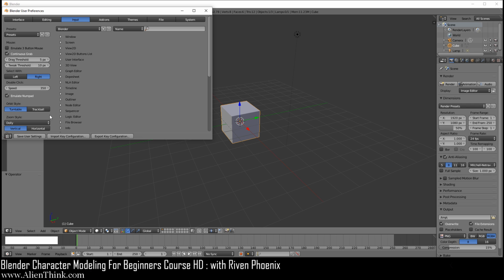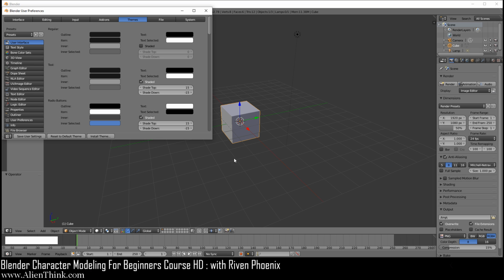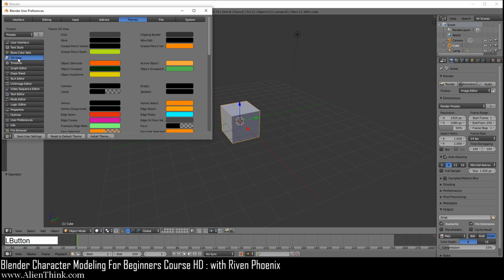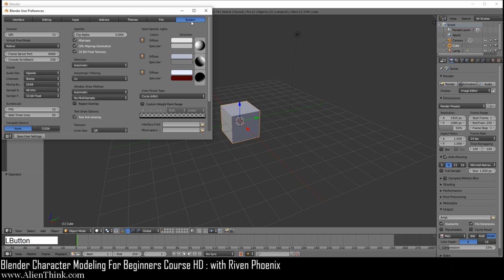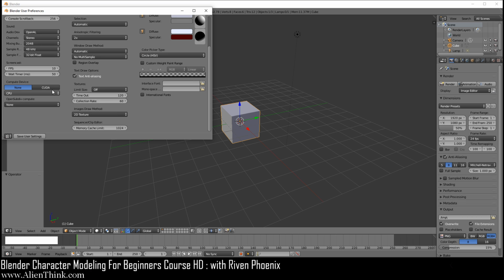The other thing that I'm going to be using is the trackball orbit style. You can switch between these depending on which one you like. This is when you're orbiting around the actual 3D view using your middle mouse button. Under the themes, I'm going to increase the grid brightness a bit. So let's go into 3D view. This is something you don't have to do. I'm just going to do it so you can see what's happening in the video. Just going to make sure that it just goes up to around 3. That's enough.